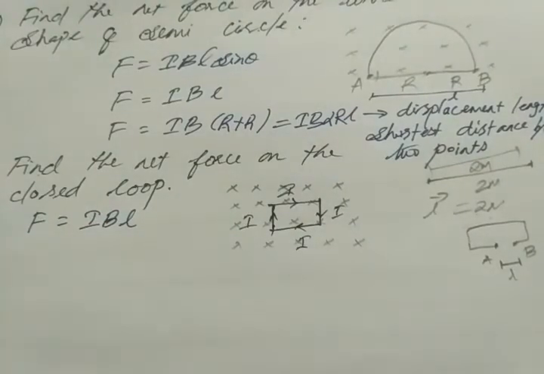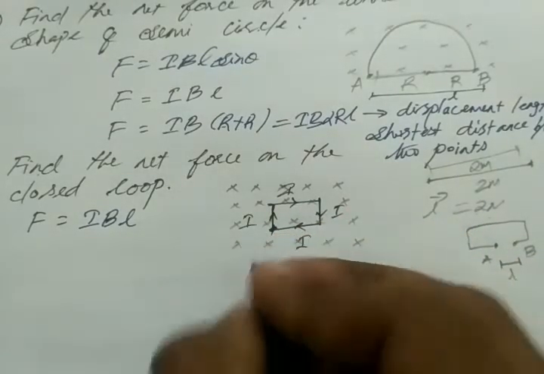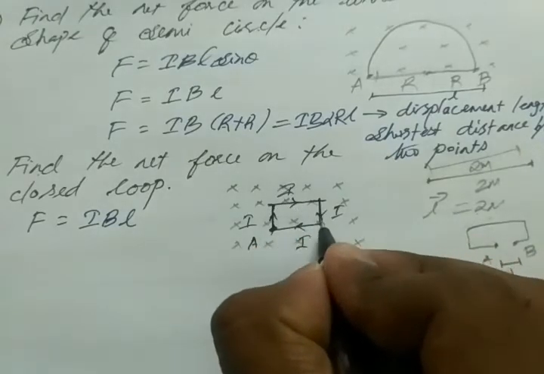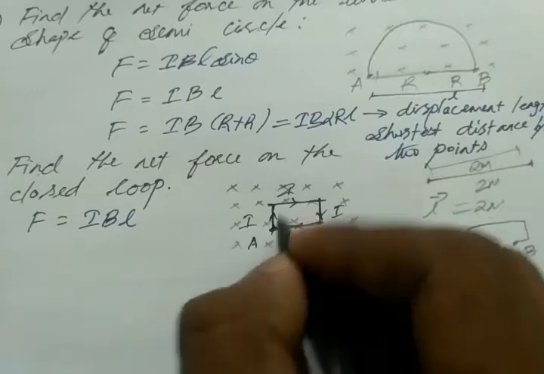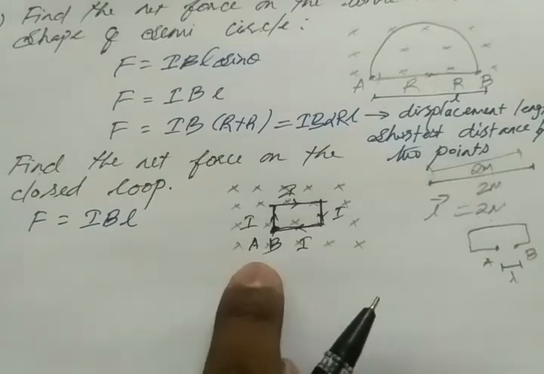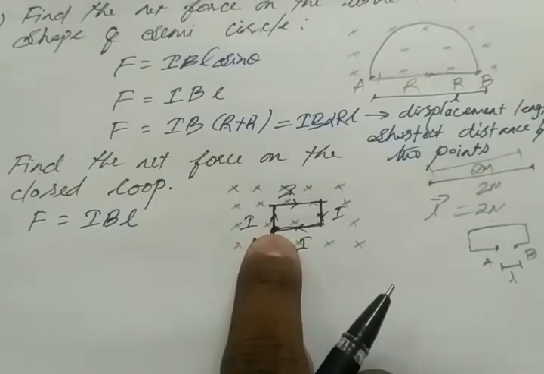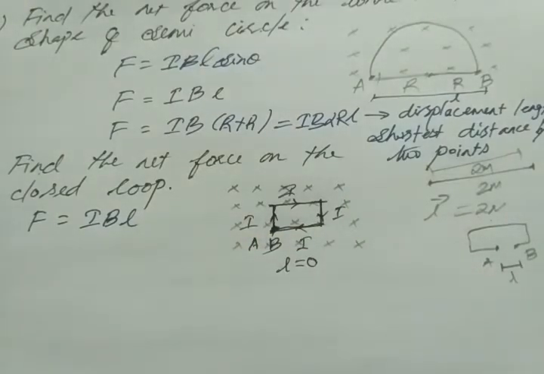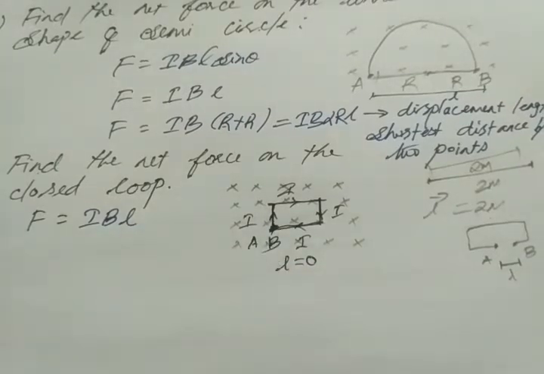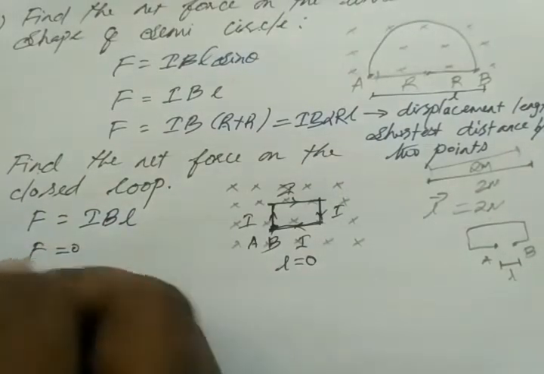L means, as I said already, the shortest possible distance from the initial point to the final point. If my loop starts from here, this is initial point A. It goes upwards, right side, downwards, left side. What is my end point? The end point is also here, B. So what is the shortest possible distance from the initial point to the end point? The initial point starts here and the end point ends at the same place, so the distance is equal to 0. Can you catch my point? So here our L is 0, and I get F equal to 0.